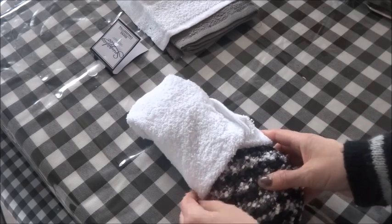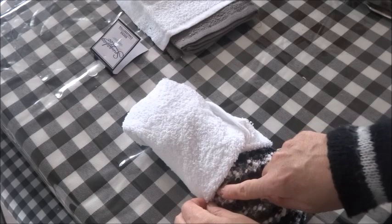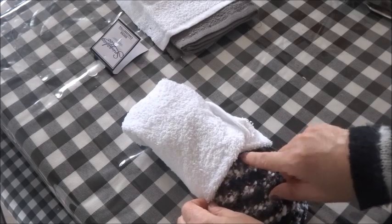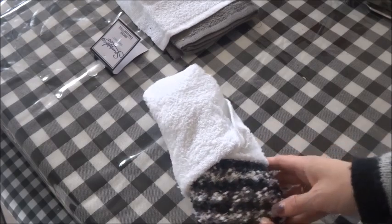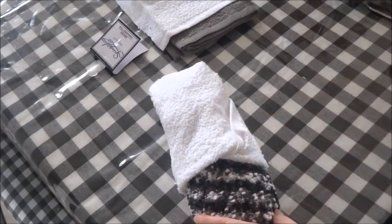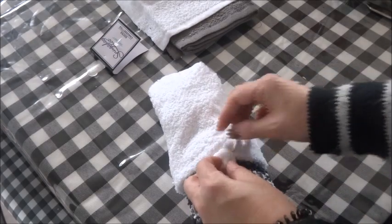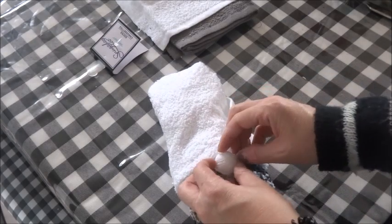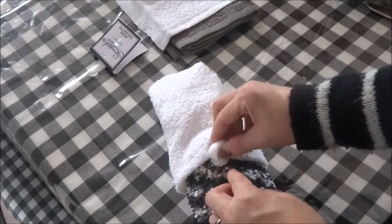Okay, so once I have it how I like it, I'm going to take my hot glue and just tack that down all around the bottom so that it stays in place. Then once I have it in place, I can go ahead and position my nose where I need to glue it. And I'll only glue a little bit on the top